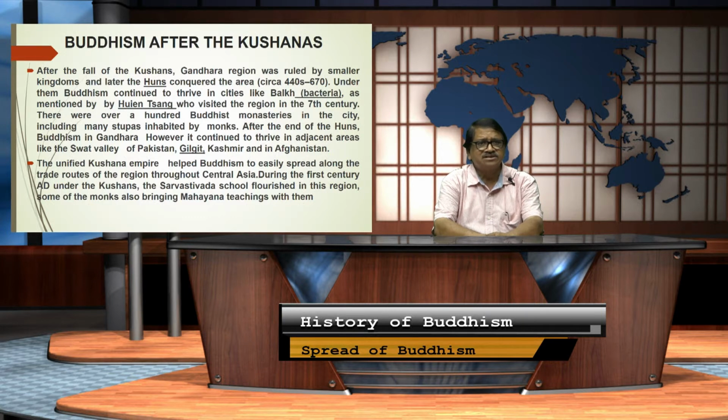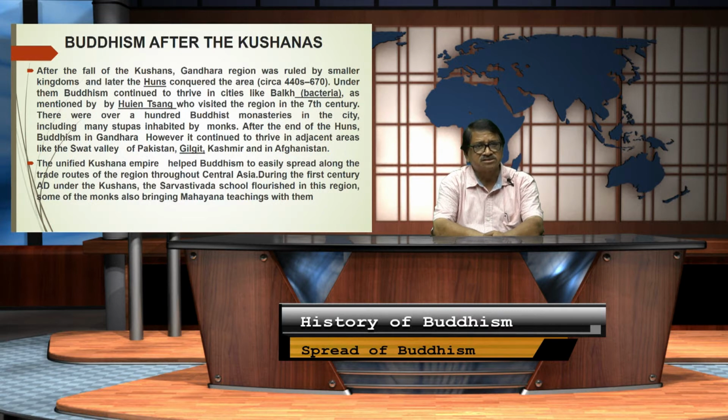and it was mostly in cities like Balkh, that is Bactria. As mentioned, we got the information from the travelogue of the Chinese pilgrim Xuanzang, who visited the region in the 7th century. There were over 100 Buddhist monasteries in the city, because from the Chinese scholar Xuanzang's account, we know that there were 100 Buddhist monasteries in the city, including many stupas inhabited